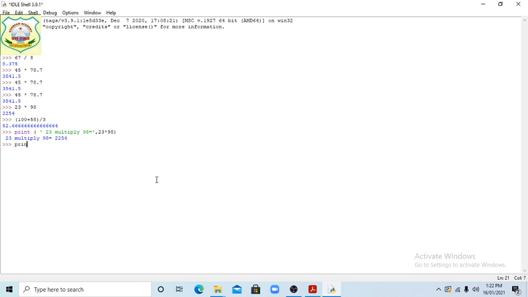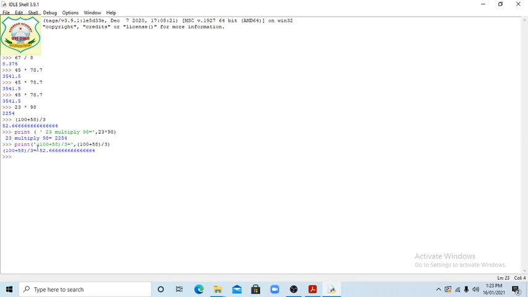Print 100 plus 58 slash 3 is given, then equal, okay, then comma, same thing we will write, close it.